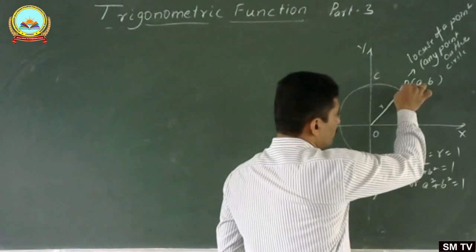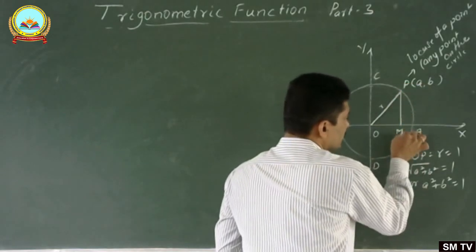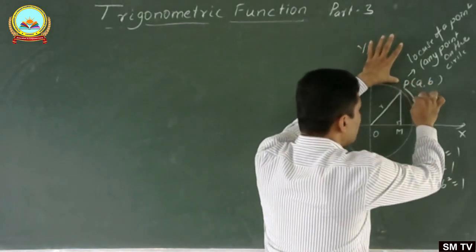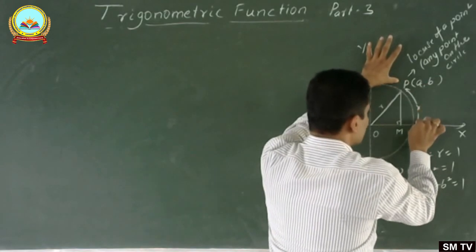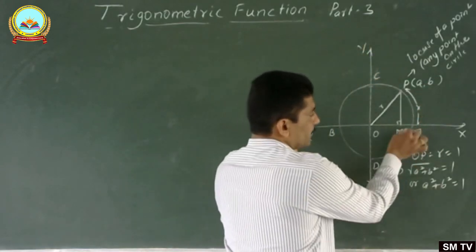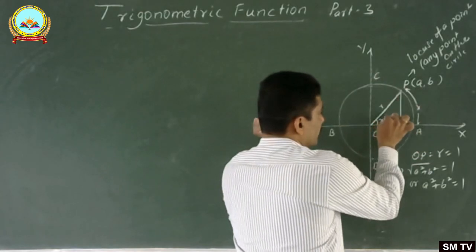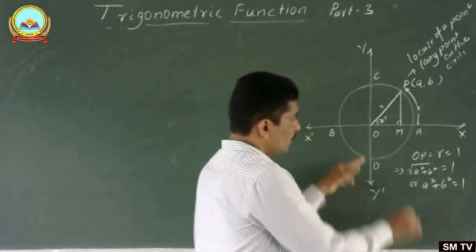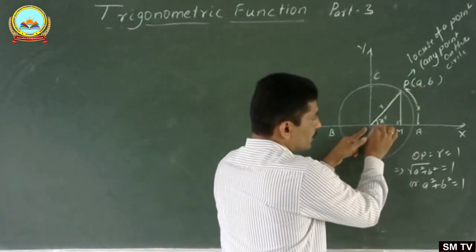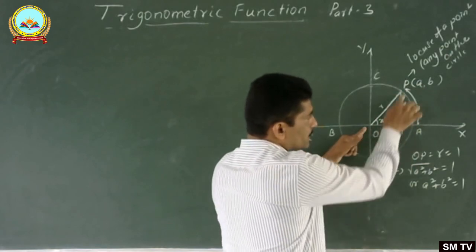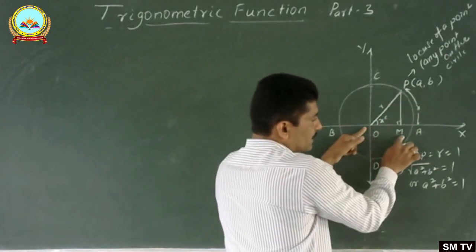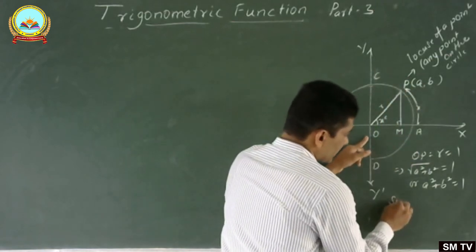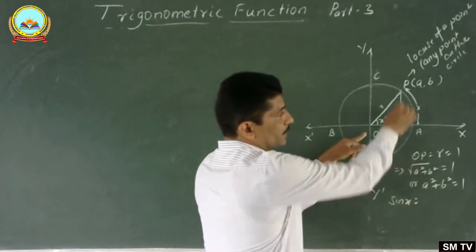Suppose here we draw PM perpendicular to the x-axis. The arc length AP is equal to x units. Then by the definition of radian, the central angle MOP is equal to x radian. OMP is a right angle triangle. In this right angle triangle, with respect to x, PM is the opposite side, OM is the adjacent side, and OP is the hypotenuse. Therefore, the sine of x is equal to, by definition,